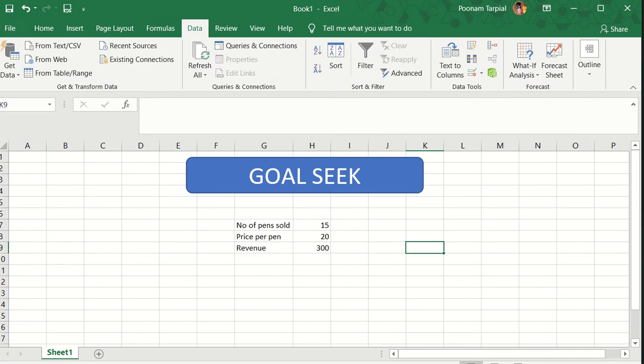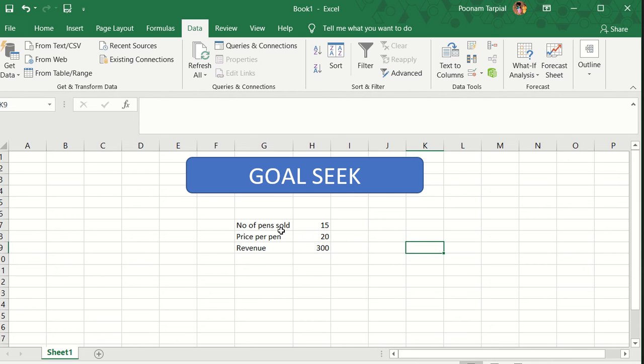Okay, now goal seek, as the name suggests. Let's say that you are preparing a sales report, that you're working in a sales team or something like that. Here, I have mentioned that you have a number of pens with you. You also know the price per pen.